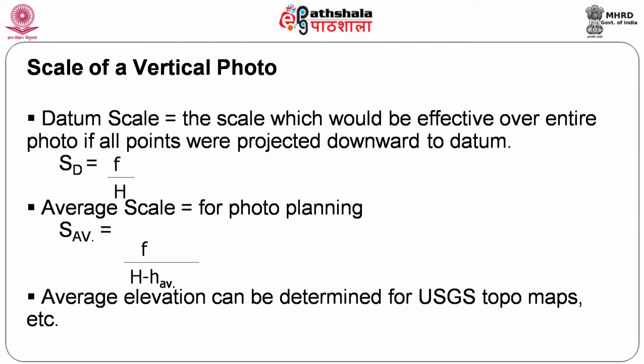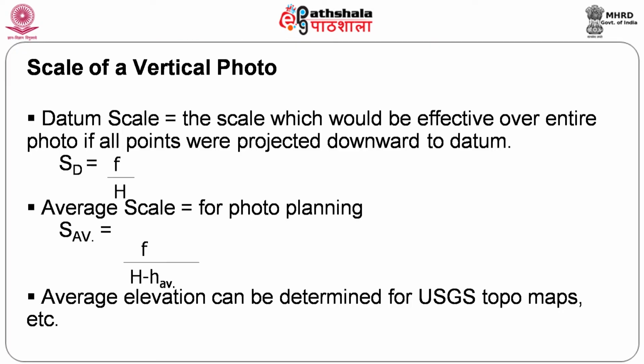So, in the case of a vertical photograph, what they tend to do is take the average scale, because I told you in perspective the advantage is you get a third dimension, but the scale will vary because it is taken from a central point viewed at various places. Whereas, in the case of a vertical photograph or orthophotograph, you find that the verticality is maintained and all the points are vertical to the datum. So, that is an important concept here. We say that the datum scale will be taken into consideration, and in such a case we go for H minus h average, that is the average height of the objects or the buildings which are present.